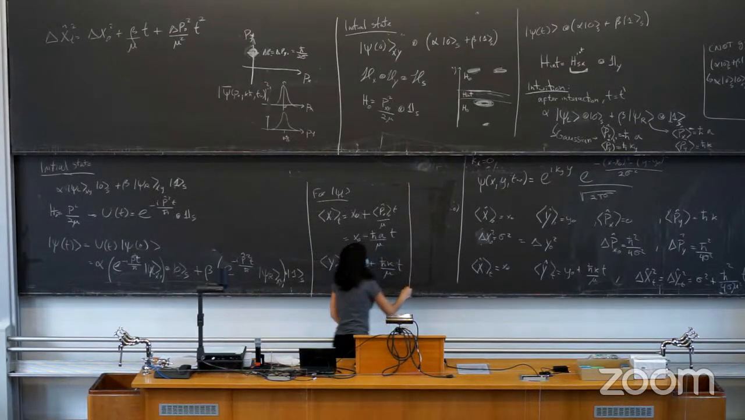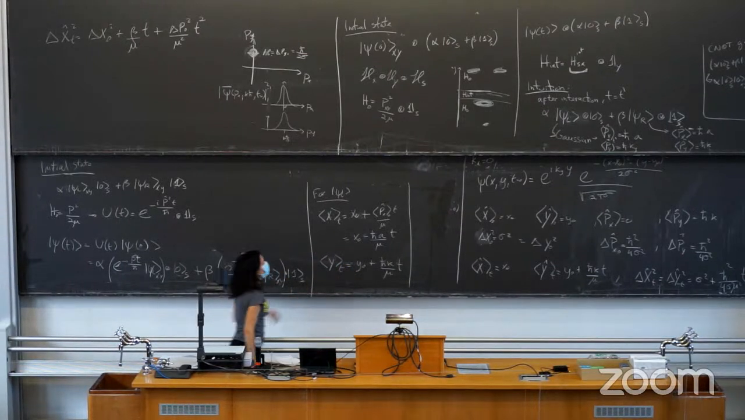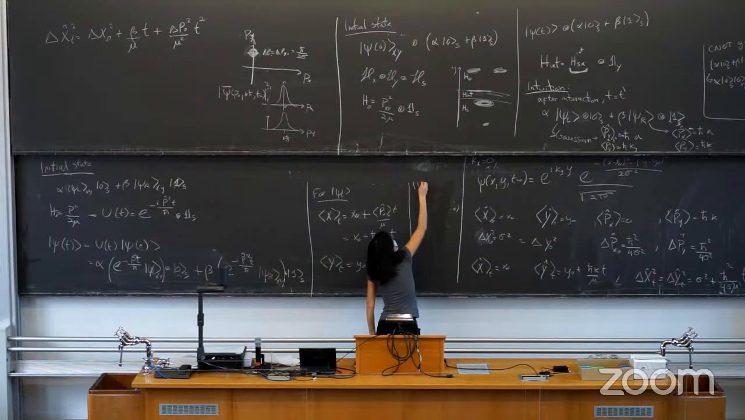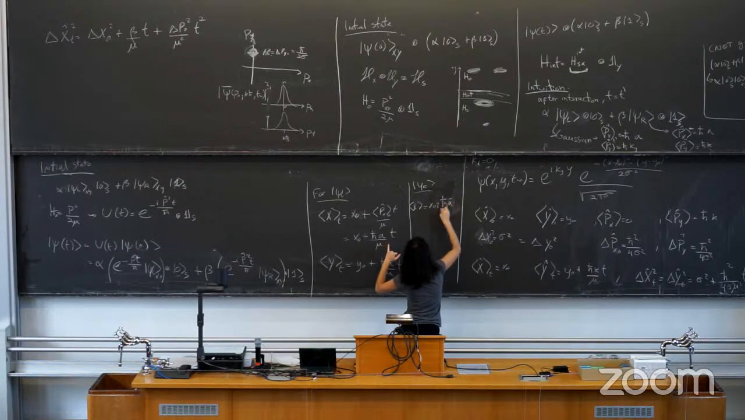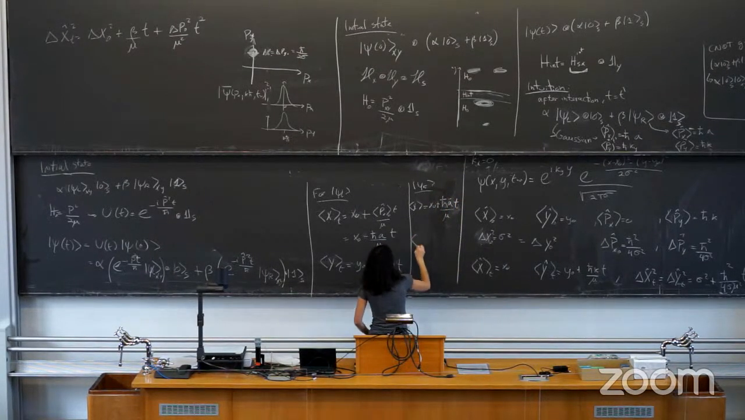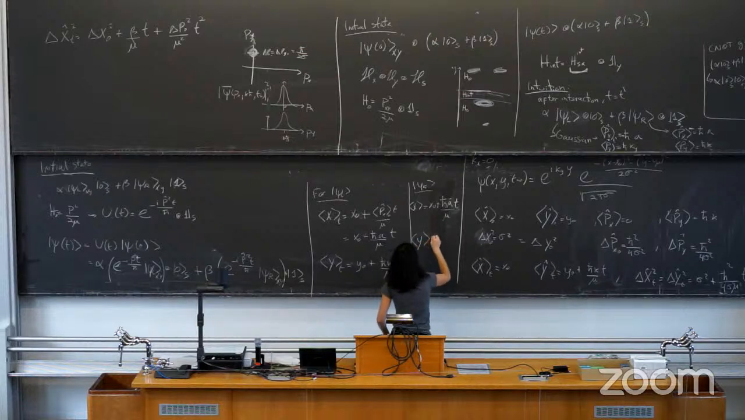The variance will also grow. For the right side, we have that x is going to be x0 plus h bar a over mu t, and the y is going to be the same, y0 plus